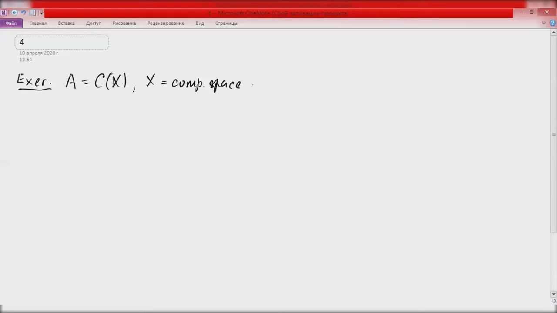I claim that for each element a in our algebra, and for each continuous function f on the spectrum, f of a is